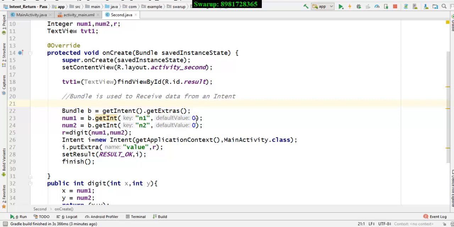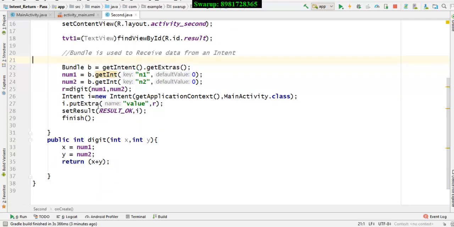An integer value will be represented by 0. Okay, please consult my previous video where we have used the string variable as argument while passing between activities. Respectively, both the numbers which the user has given will be stored in each of these particular variables, and then I'm just performing a function to calculate the sum, and here the value will be generated and that value